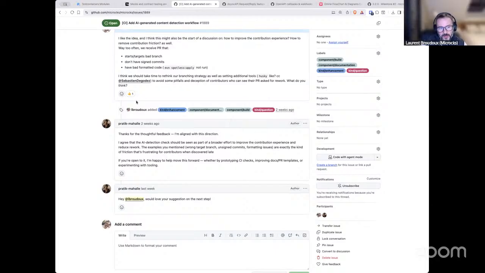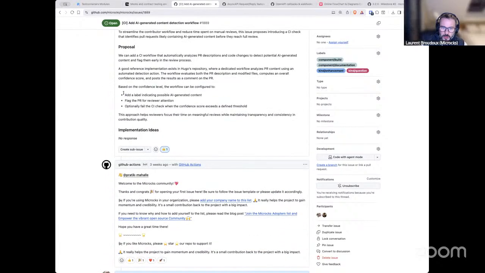I think we have very deterministic stuff, like signed commits or badly formatted code. This can be easily guarded using pre-commit hooks, and that's what I did last week. But regarding automation and AI detection, all this kind of stuff, yes, please suggest improvements, and we are very welcome. And I think the idea to add a label based on a score is nice